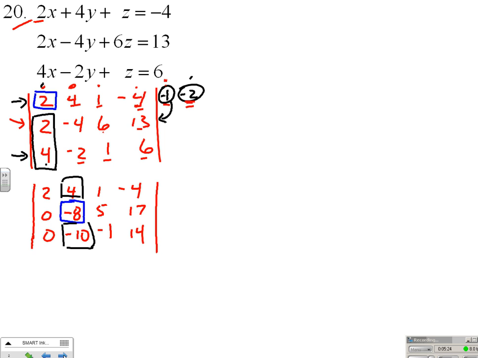Okay, so -8 and 4 would match up at 8. I need a +8 and I need a -8. I've got a -8, so I'm going to create a +8 in the first row by multiplying by 2. I'm going to make this value +8. So next matrix,